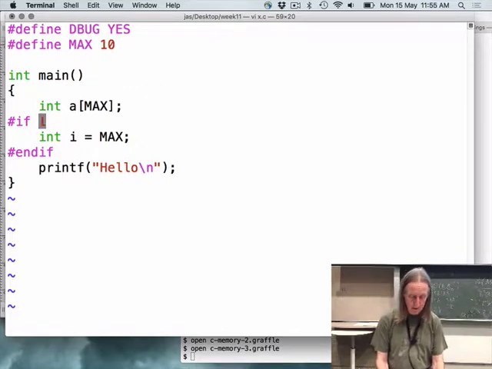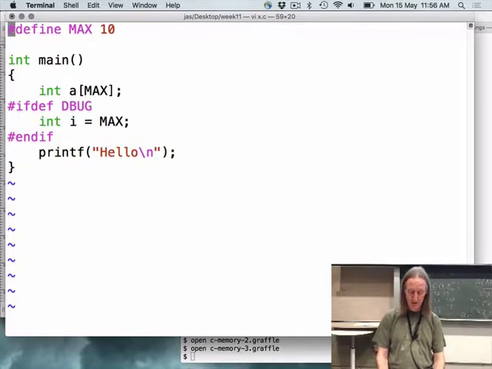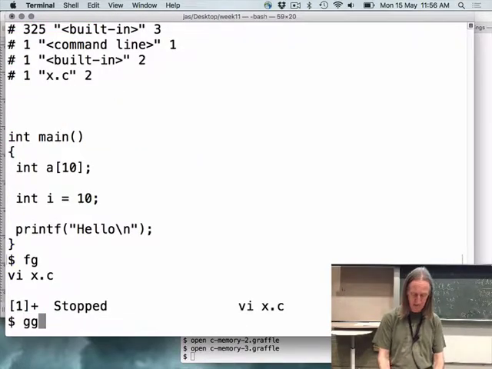Now if I went back to the original version that I had, if def debug, it might be a bit tedious to put the hash define debug yes in your code, and you can actually do it from the command line.